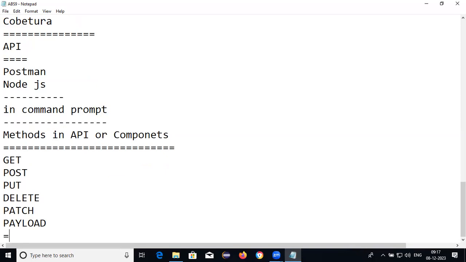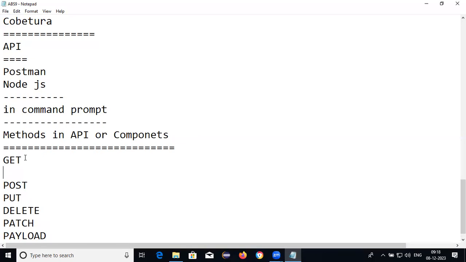What are GET, POST, PUT, DELETE, PATCH, and payload? Observe clearly. GET is used if you want to get any response from the server.